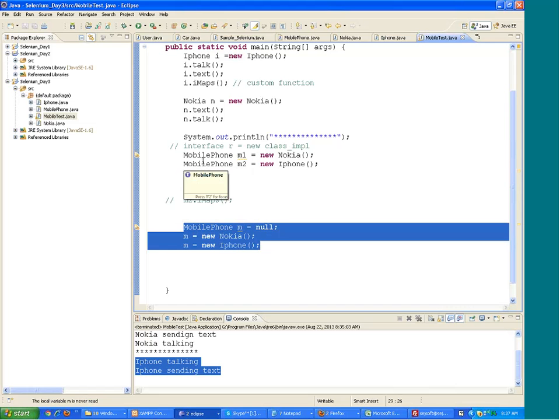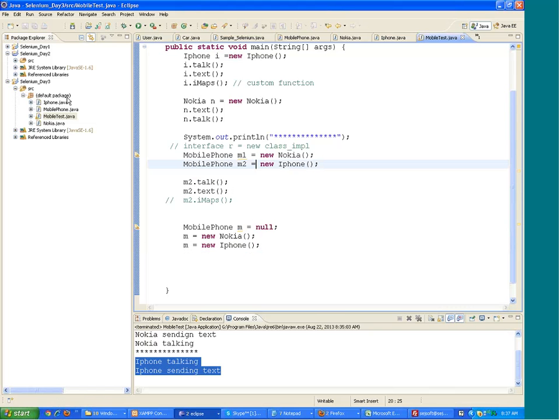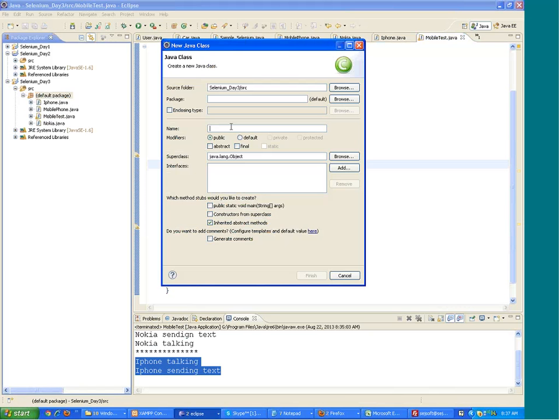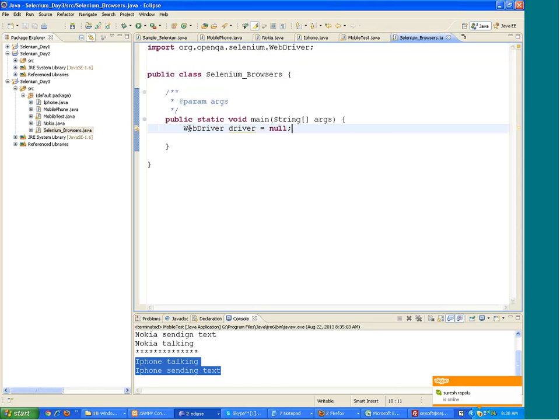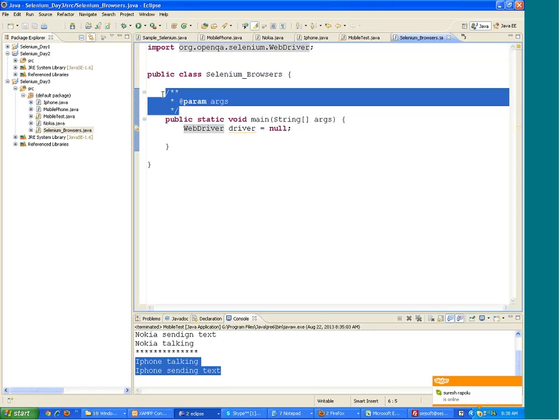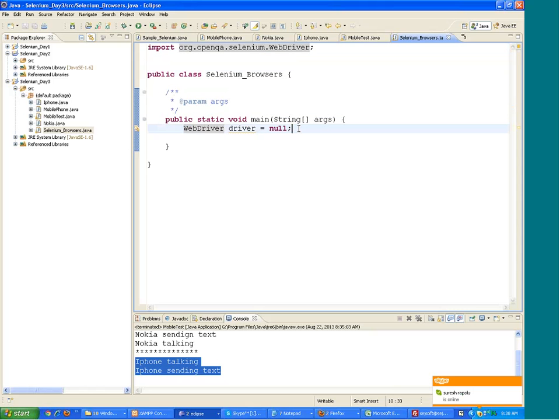Right? What I'll do is I'll create a new class known as Selenium Browsers. Right? Now the advantage of this thing, that is, you write interface name equals to new class name. I'll just explain it. I can write WebDriver driver equals to null. WebDriver is the interface. Firefox driver, IE driver, Chrome driver are the various drivers. If I write over here driver equals to new Firefox driver,